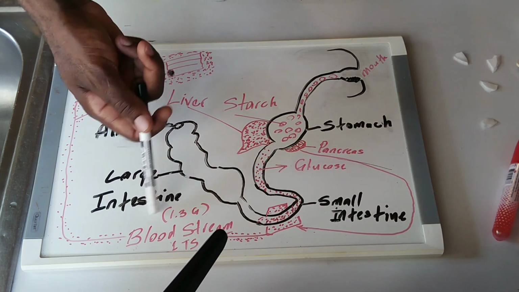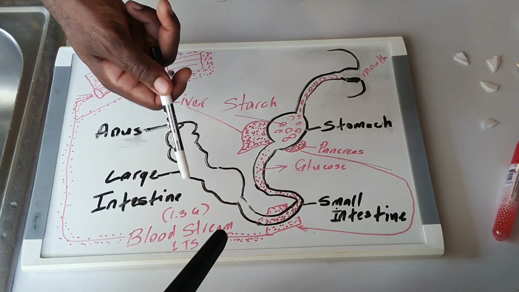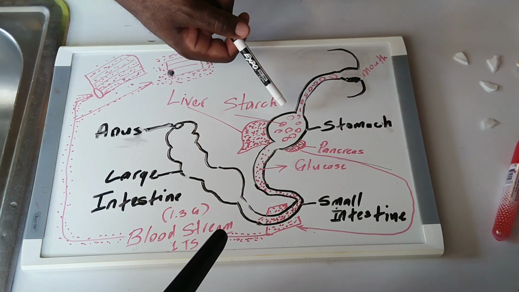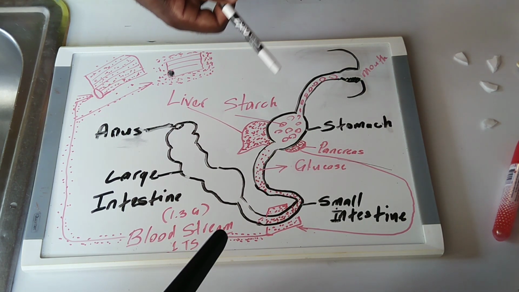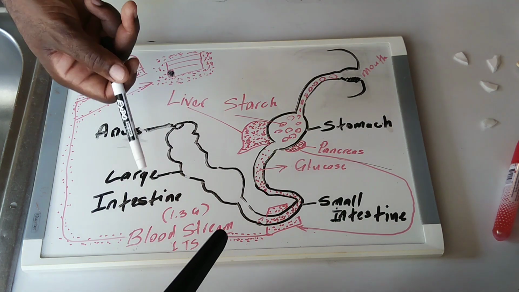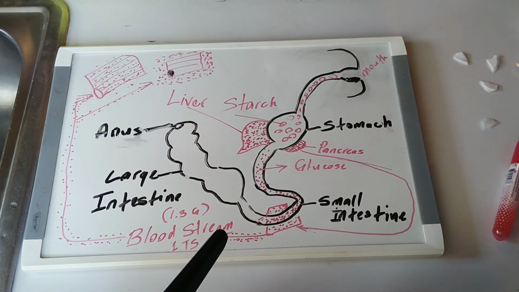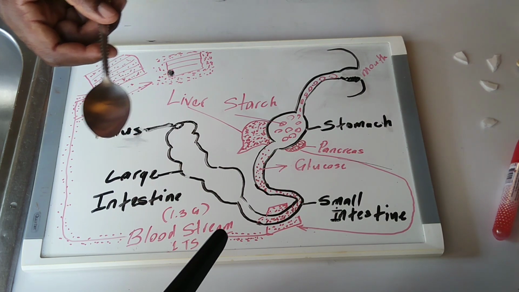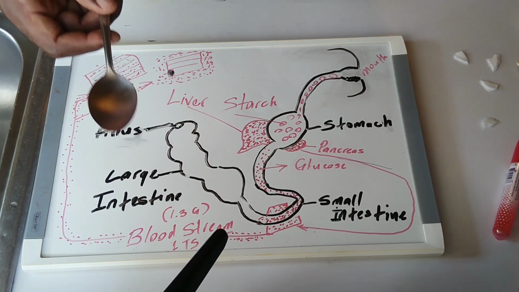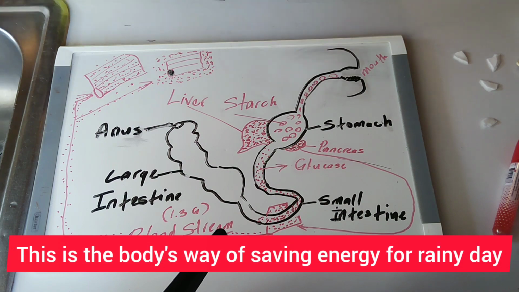Remember, there is 1.3 gallons of blood in your body and you need only 1 teaspoon of sugar. So we are eating so much. Even the children at school drink 4, 5, 6 sodas a day, and each soda contains 11 teaspoons of sugar. 11 of this in one soda, and you need only one in your blood. So you're talking about 10 spoons of sugar that flow around in your blood, stored in your muscle and stored in your liver.